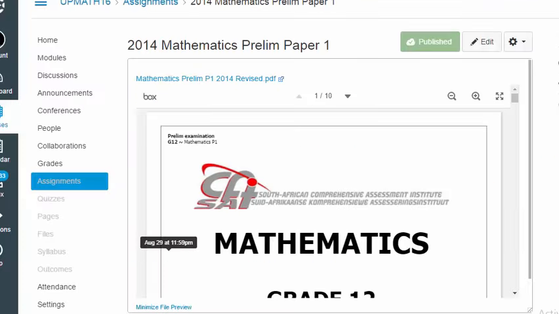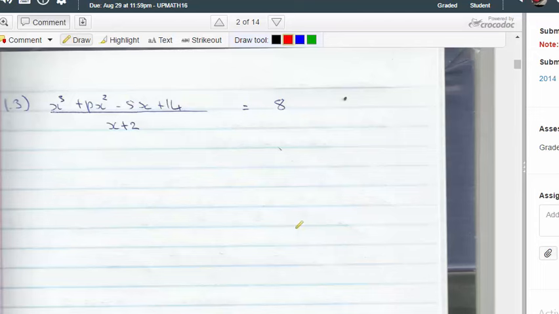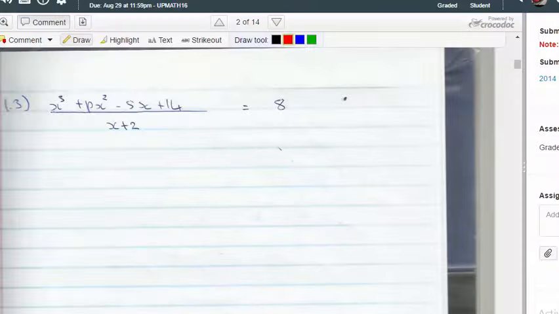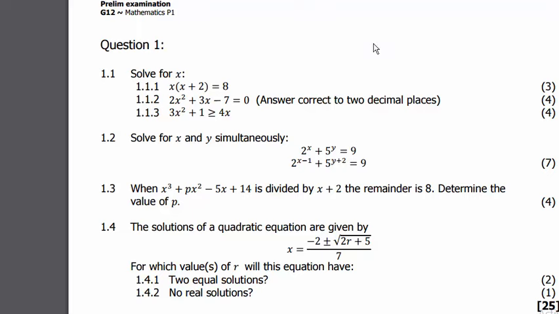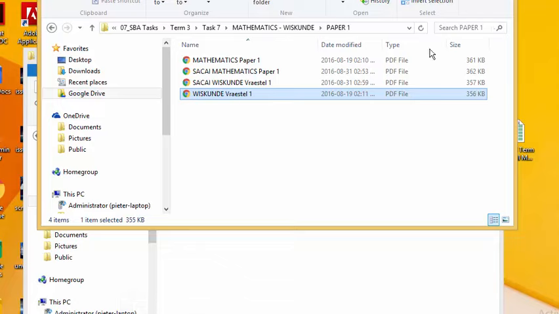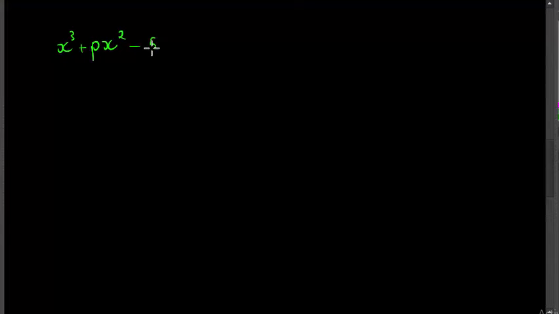And please, when we attempt these prelim prep papers or even final exam prep papers, don't stop it there. Go find the answer. x cubed plus px squared minus 5x plus 14, if this is divided by x plus 2, so what we should do is we just call this f(x),